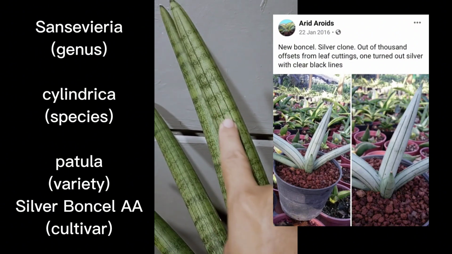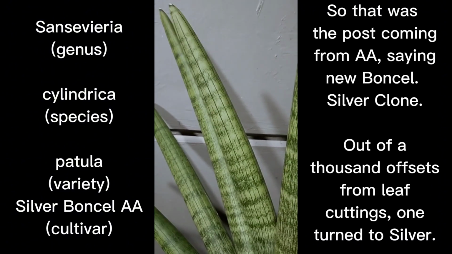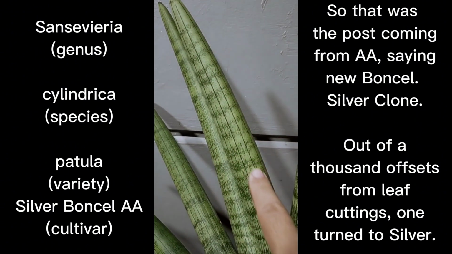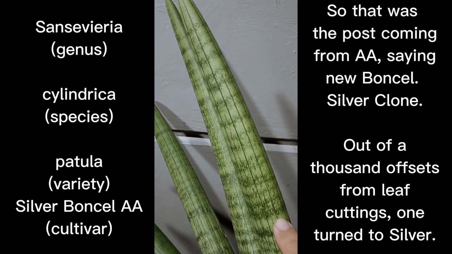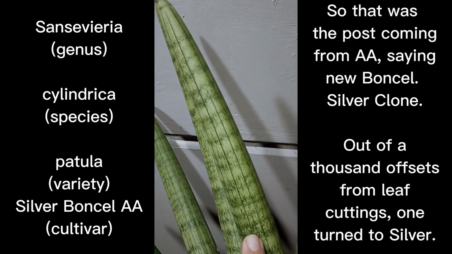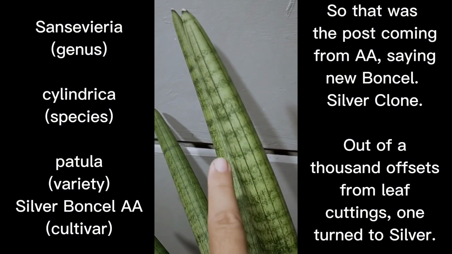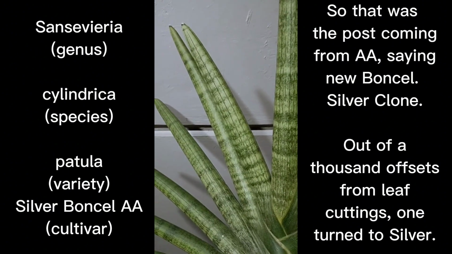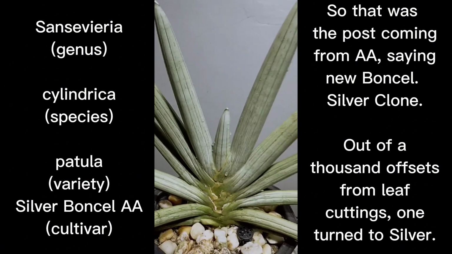So I have arranged my presentation from Boncel to Silver Boncel to Silver Boncel AA, because this pattern is of the Sansevieria patula, and then the cultivar Boncel also has patterns like this. So very long dark green longitudinal lines followed by dash-like, and then its alternate become long longitudinal line, then dash-like. That is the common pattern of Sansevieria Boncels, and it is evident in this